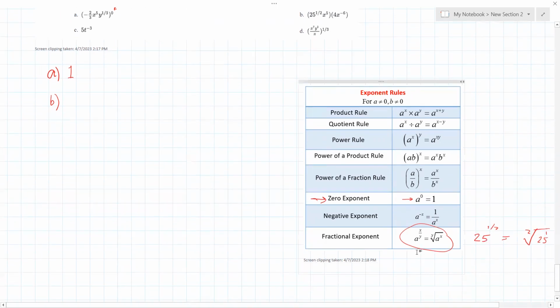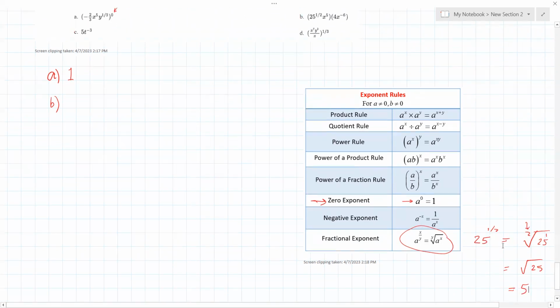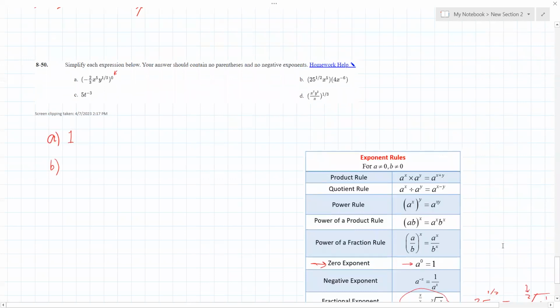But as we know, when the index is 2, this is the square root, so we don't need to write it. So it is the square root of 25. Also, the first power, we know we don't need to write that, so this is just 5. So in part B, 25 to 1/2 is just 5, x to the 5th